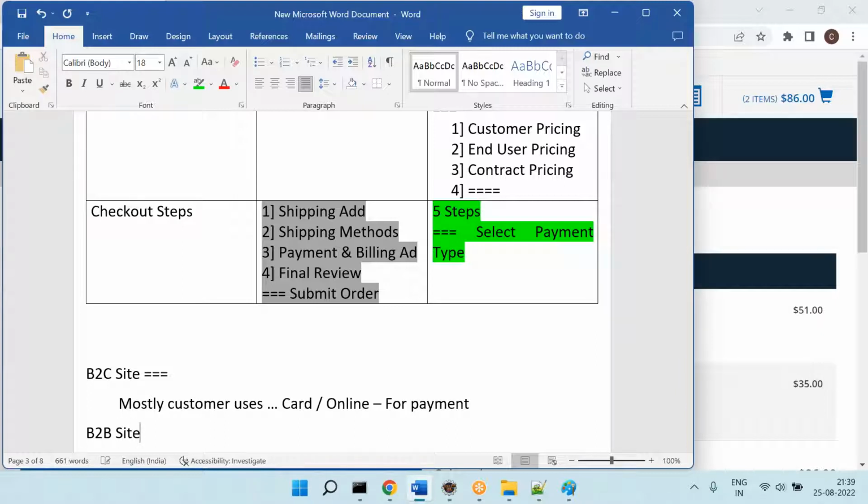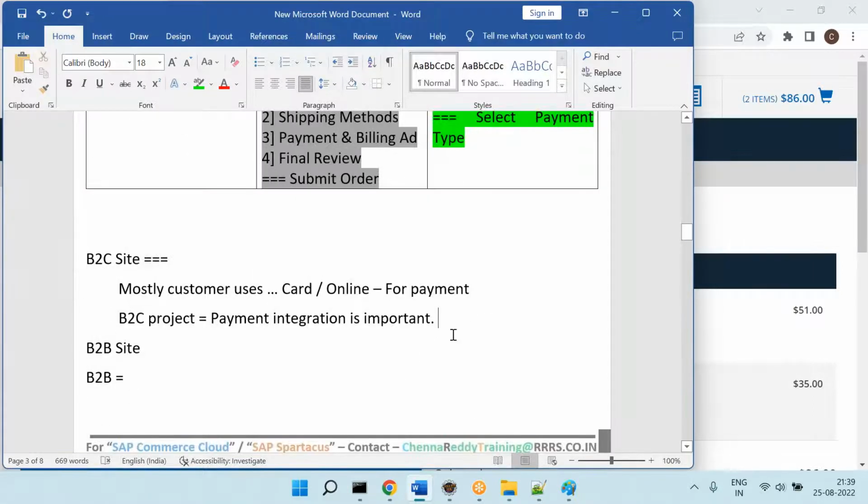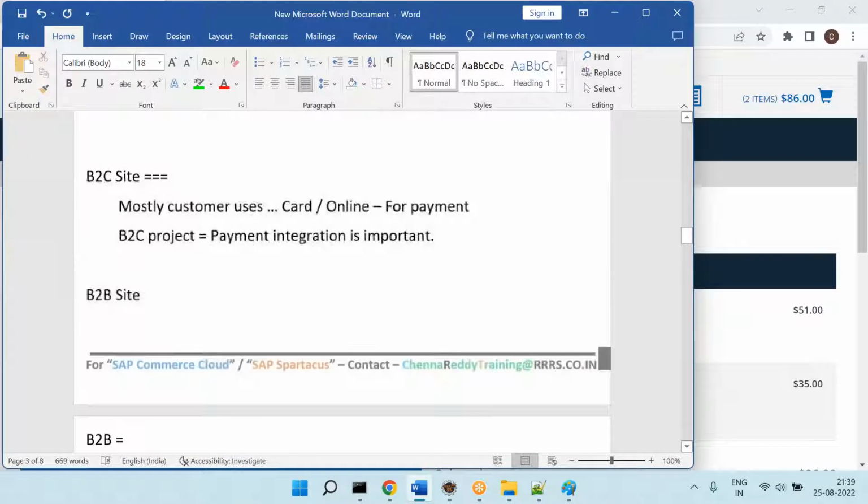That's why in B2C projects, card integration is important. That means payment integration is important in case of B2C. But in case of B2B, can you please observe this? In case of B2B side,